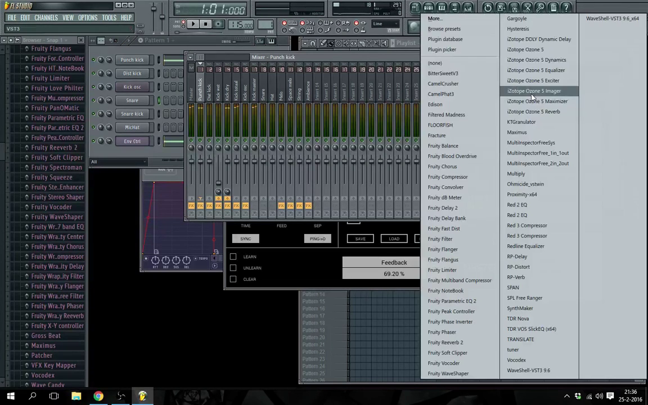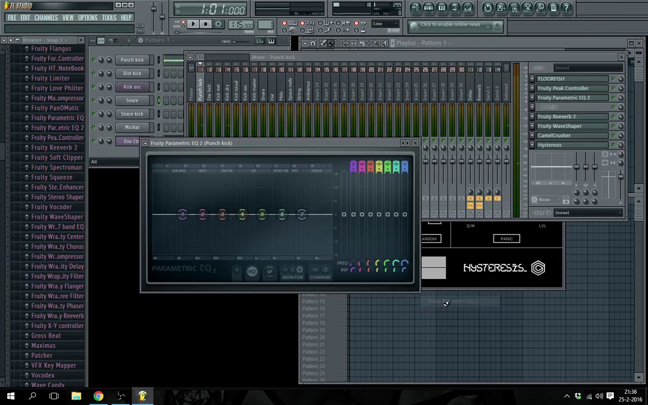What's even cooler, by the way, I checked this a moment ago. If you put an equalizer here,